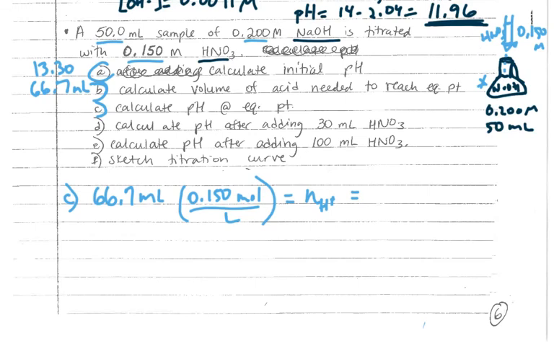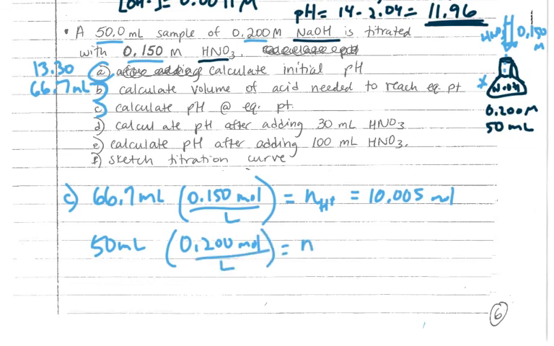Since this is a strong acid and a strong base, by definition we're going to have equal moles of each. So we'll have 0.01 moles of the acid, and we should also have equal amounts of the base. We have 50 milliliters of 0.200 moles per liter of our hydroxide, and it should be equal, and therefore